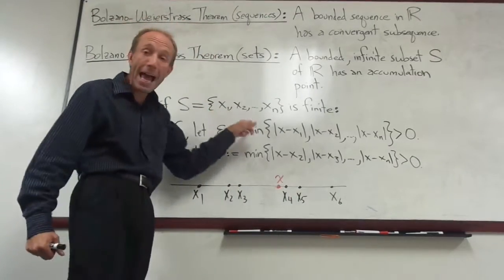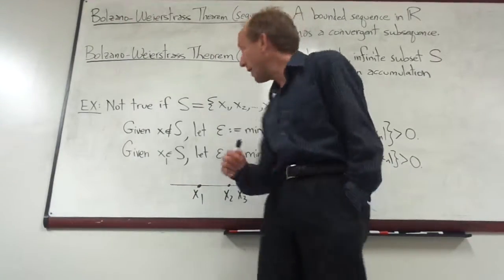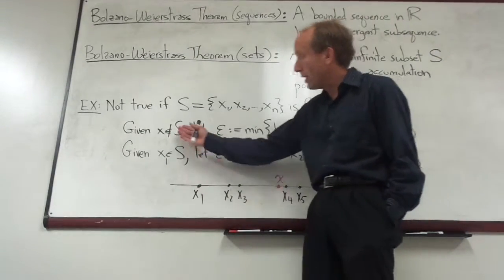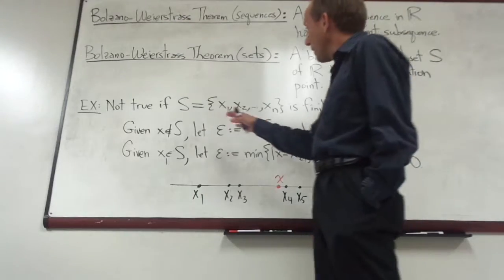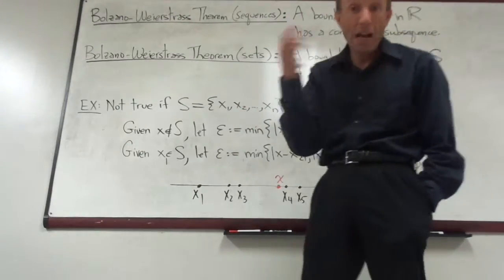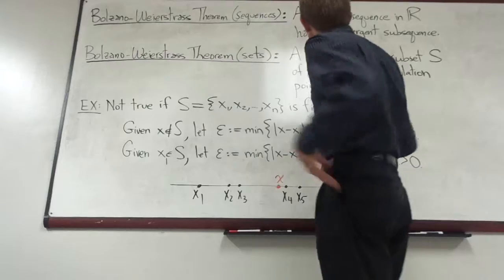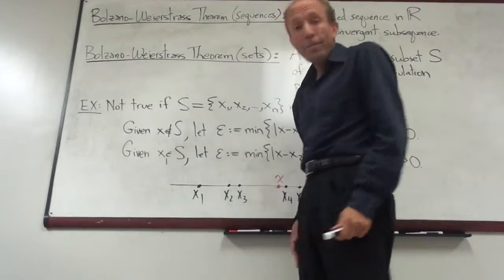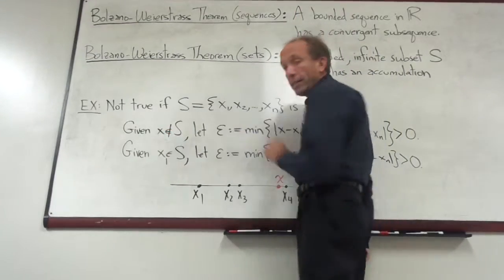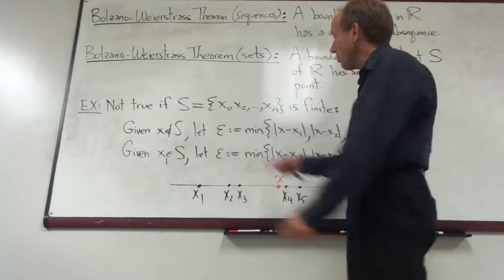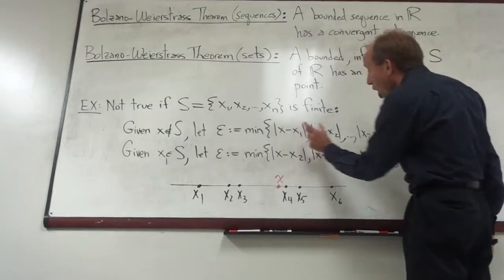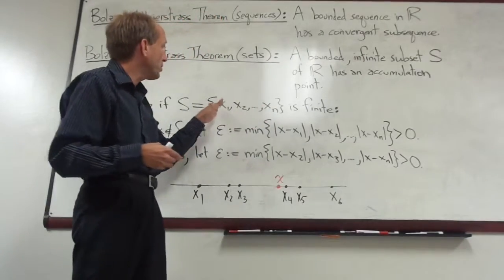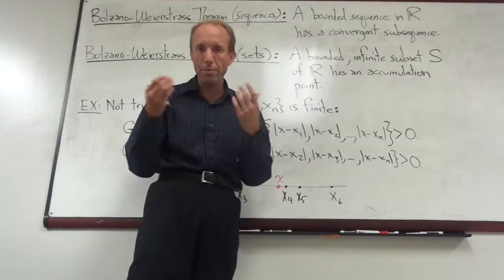Imagine there are only n elements in that set, right? Well, then I claim that whether X is in S or not, either way we can show that X is not an accumulation point of S. In other words, S has no accumulation points if it's finite. Why not? Well, if you take a point that's not in the set, then what you can do is you can take epsilon to be the minimum of all of the distances between that point X and each of the elements x1, x2, x3, and so on from the set.